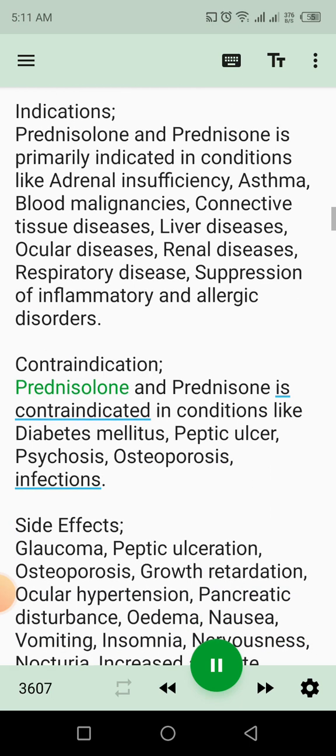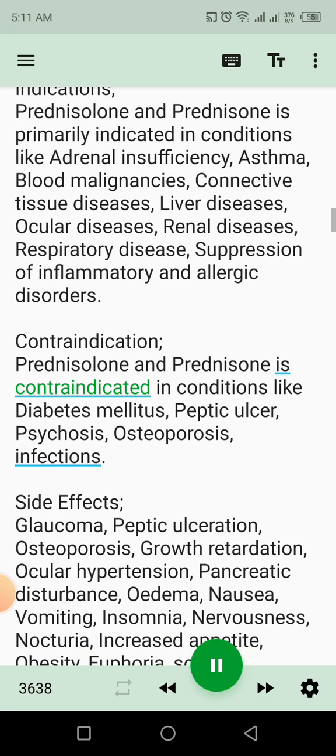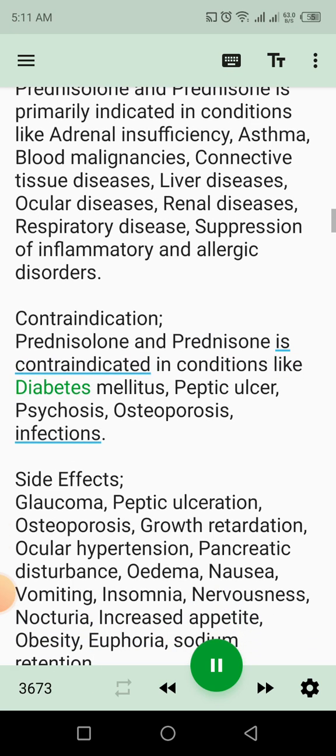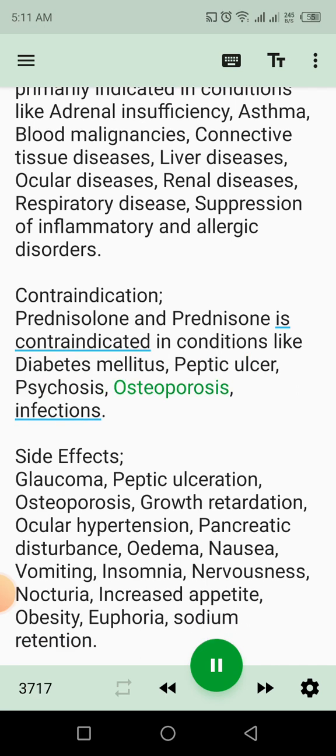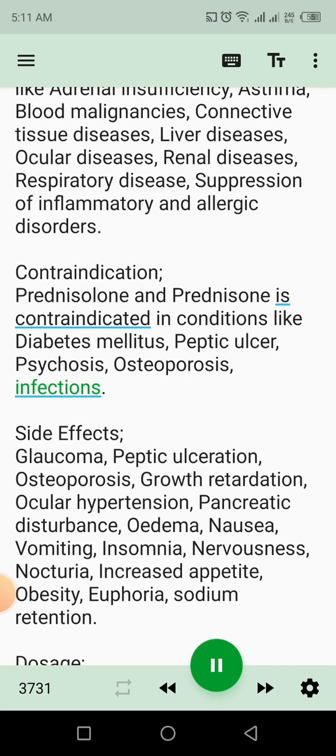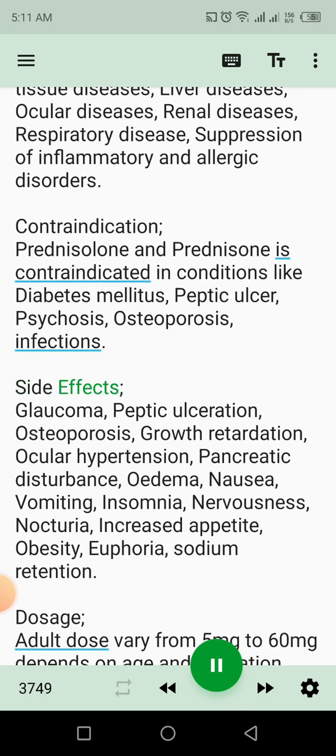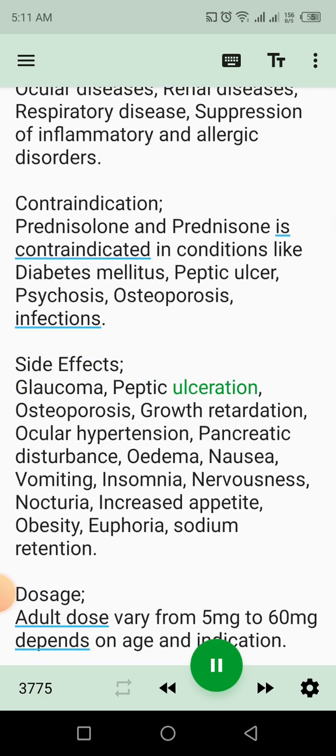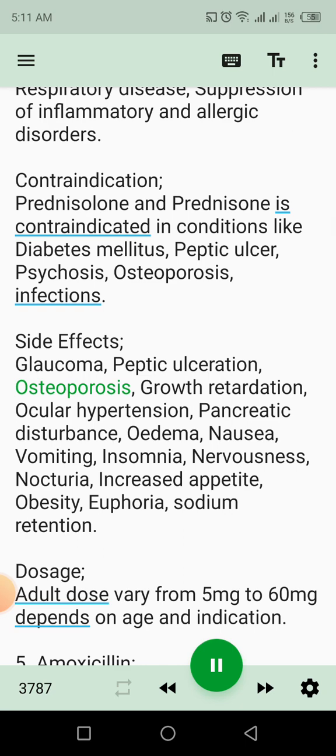Contraindications. Prednisolone and prednisone are contraindicated in conditions like diabetes mellitus, peptic ulcer, psychosis, osteoporosis, infections. Side effects. Glaucoma, peptic ulceration, osteoporosis, growth retardation,